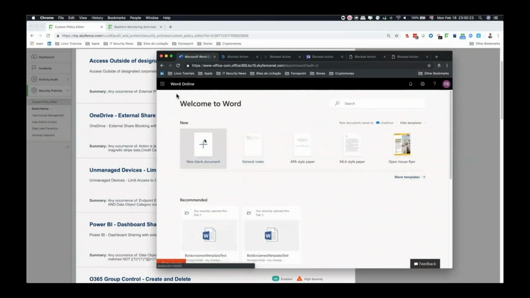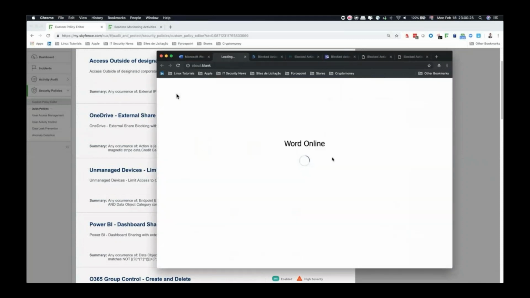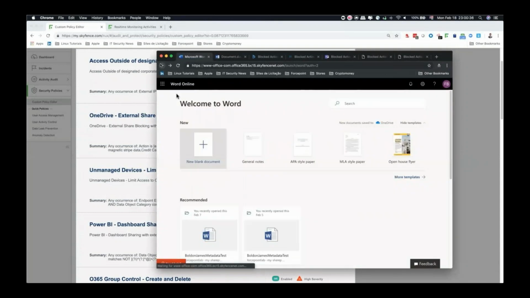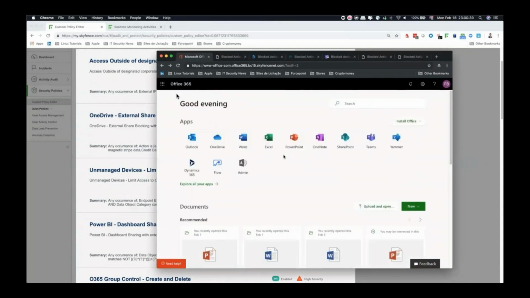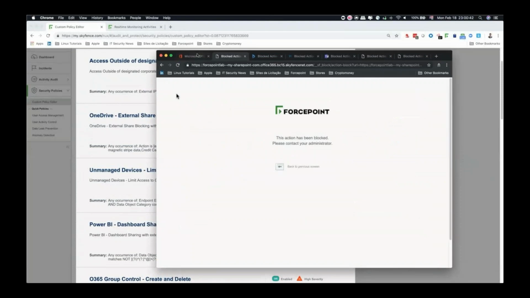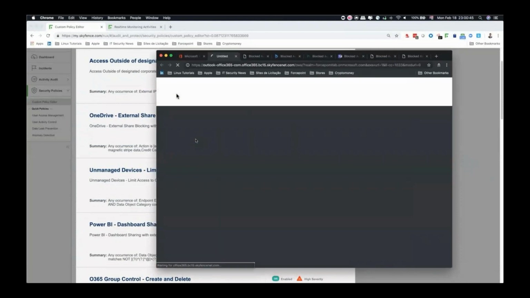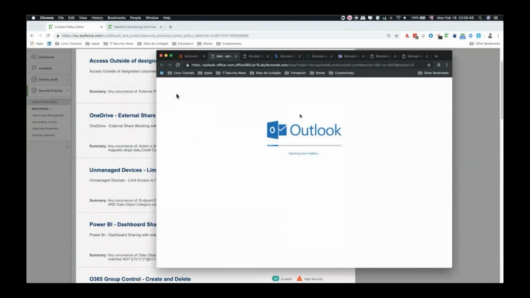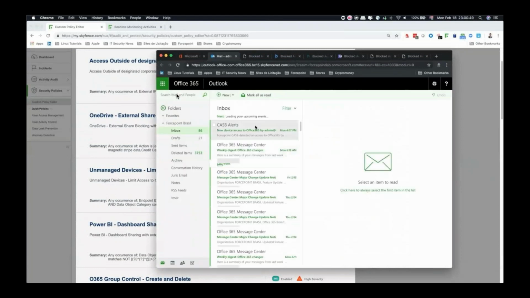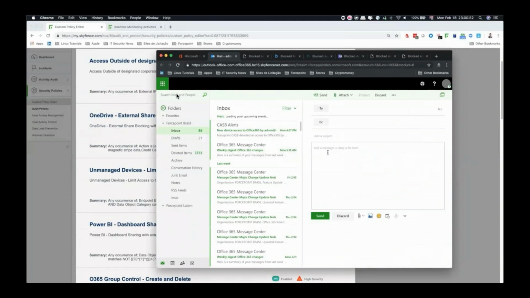Now, these policies can get a lot more granular. You can say, let people write Word documents, but not download existing Word documents. Any action within any cloud application is the rule, right? And if you're a Forcepoint CASB customer, you get 15 cloud applications that you can protect. And if there are cloud applications that we don't have in our system that you want to protect in the future, if they're public cloud applications, it's no cost at all to you. It's included in the license that you would have. I mean, not 15. Anyway, it goes on to send an email.